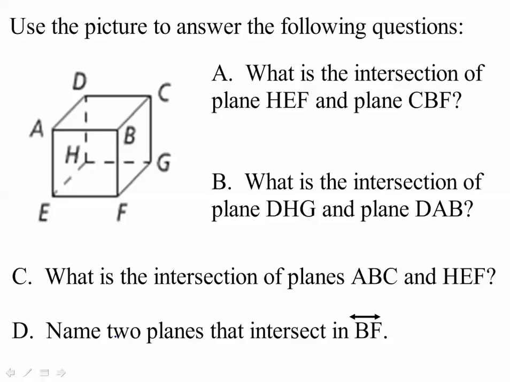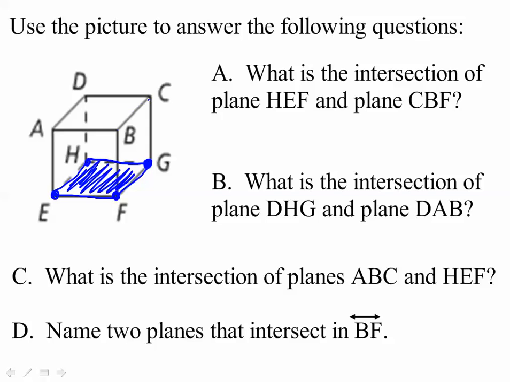So we're going to look at a couple of pictures here. It says, what is the intersection of plane HEF and plane CBF? When I look at plane HEF, I notice that those are 3 points on the bottom side of this box. So HEFG would be another way to name that. So I'm talking about this plane